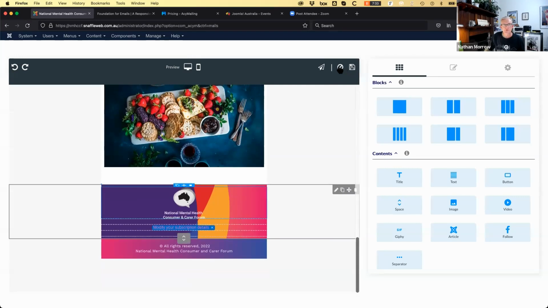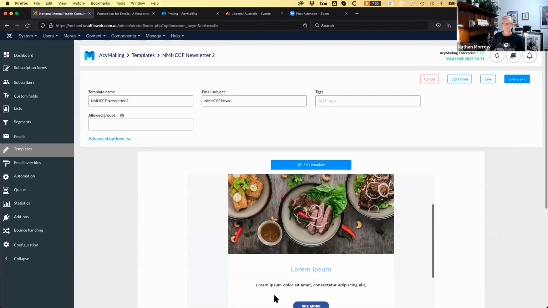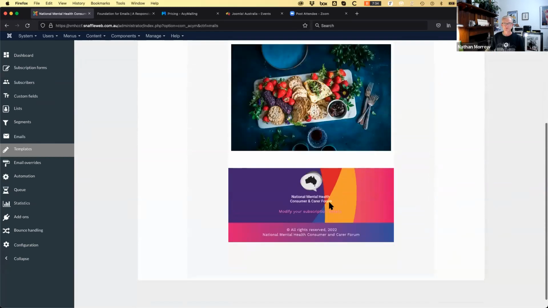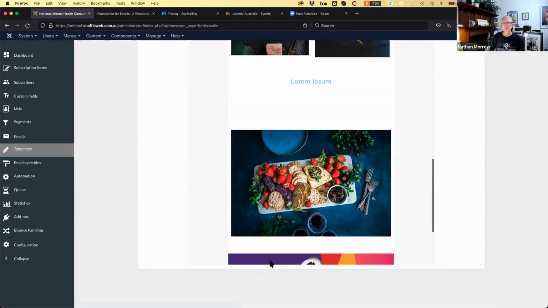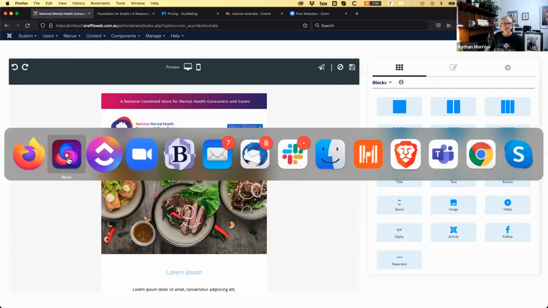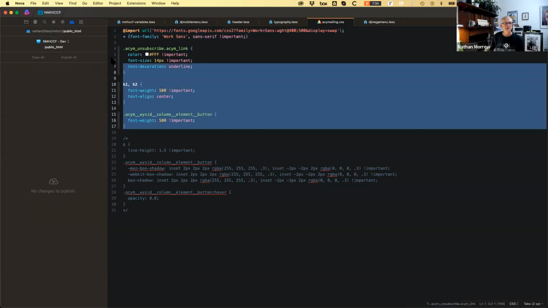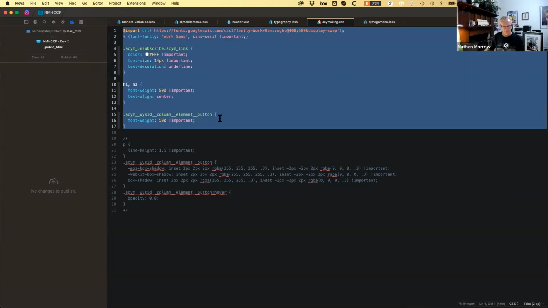Now, one thing that you'll notice with that unsubscribe link is it has the color I set before for the dynamic text. So down at the bottom, it's looking very pink. Don't particularly want that. We can, with our custom CSS, override that. So I'll dump all this in now.